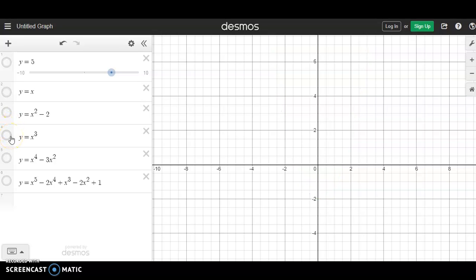Next, how about a cubic function? What would it look like? There. That is the graph of a cubic function. Next, how about a quartic function or a polynomial that has a degree of 4? This is the graph. And last but not the least, the graph of a quintic function or a polynomial that has a degree of 5. There. These are the graphs of the polynomial functions whose degree is from 0 up to 5.